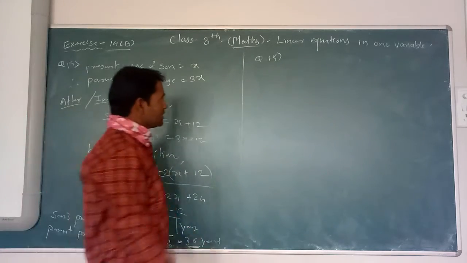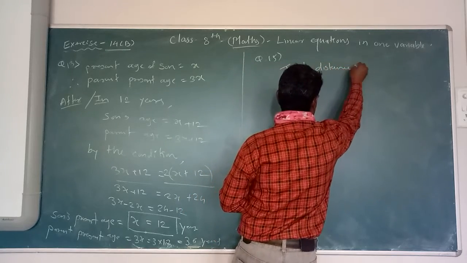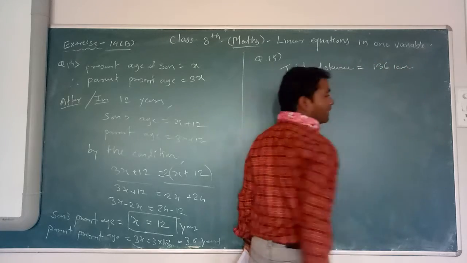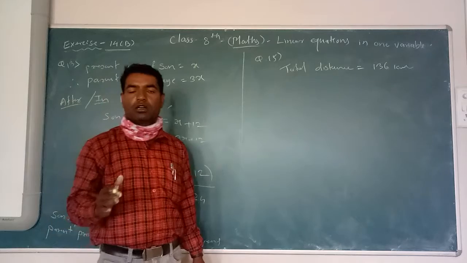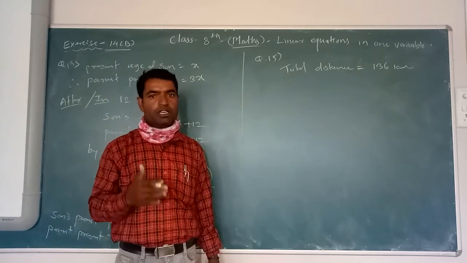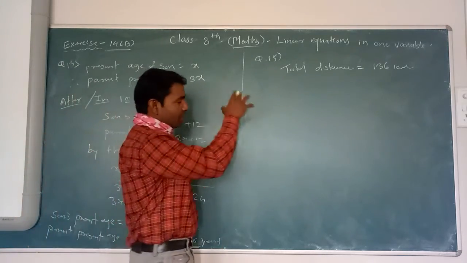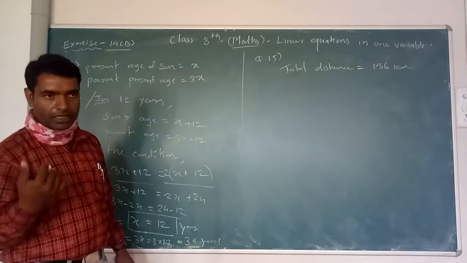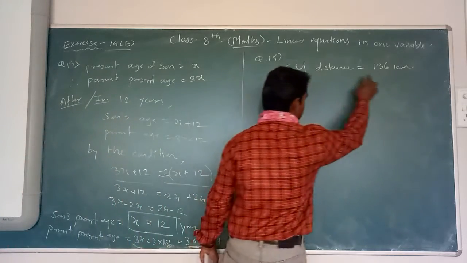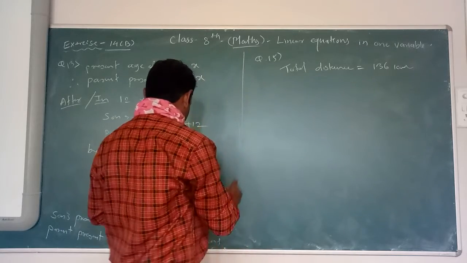So here, first we have to write the total distance. The total distance is given in the question: 136 km. Keep it in mind, whenever you are solving a word problem, nearly 80% of the information is given in the question. But you must understand the question and present it properly, make the equation, and solve that equation. So you will get the answer. So the total distance given is 136 km. Then, the part of a trip.